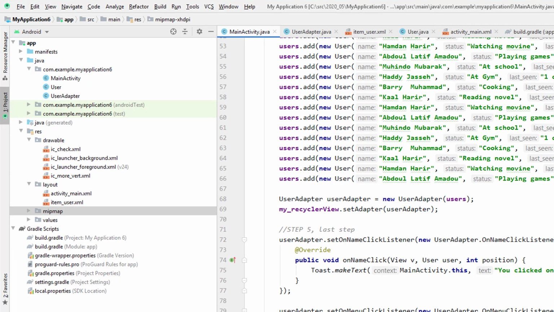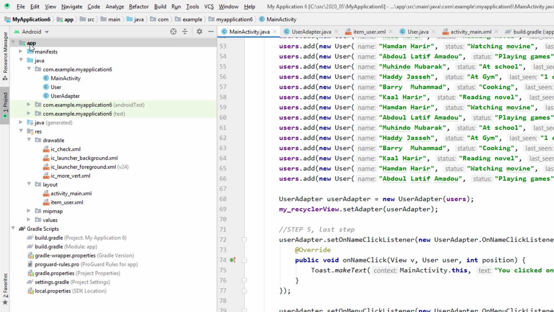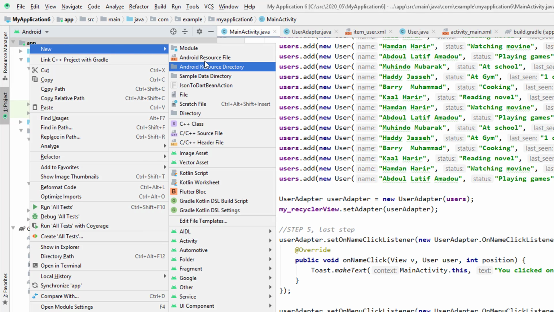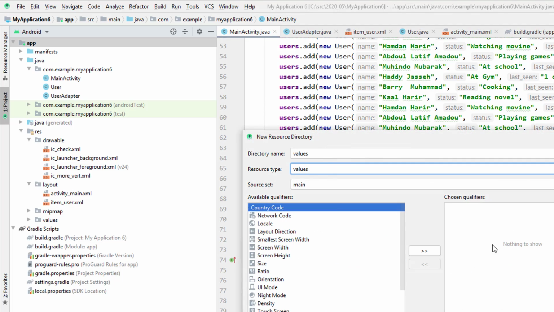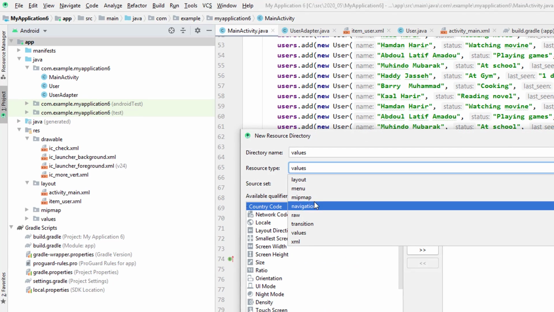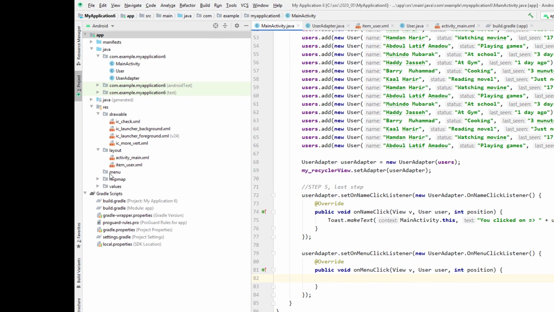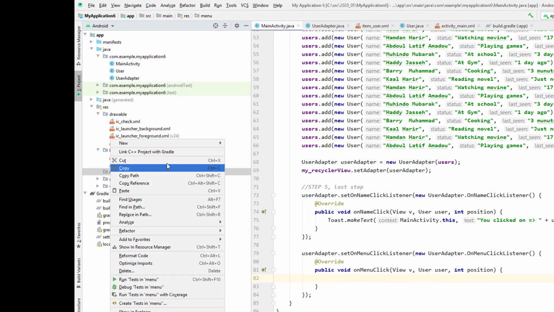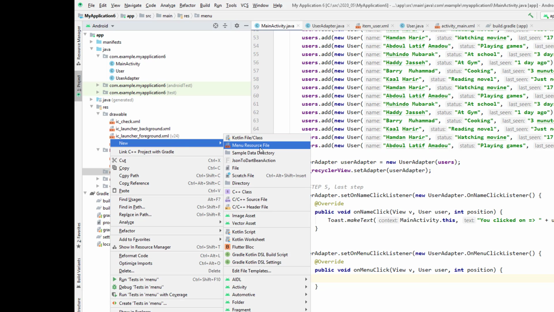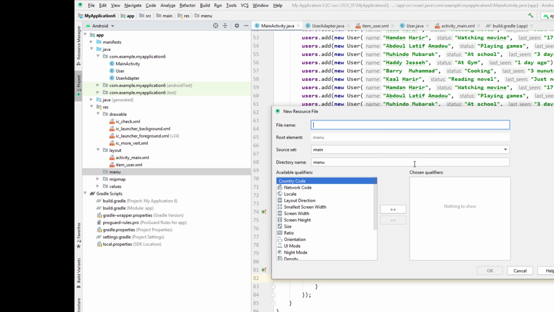I'll first create a resource directory by coming here to new, then resource directory, new resource directory. And this one I'm going to change to menu, and then I say okay, then our resource directory will be created here. So I'll just come here and create a new menu resource file, and then I can call it